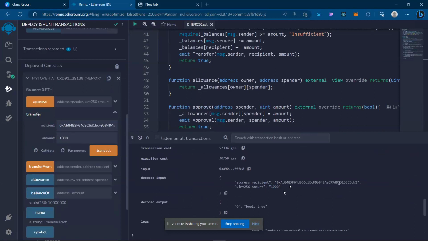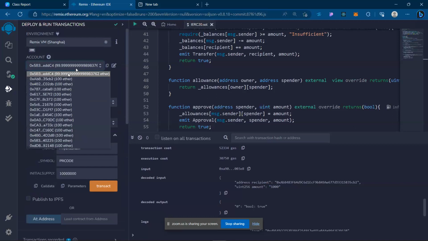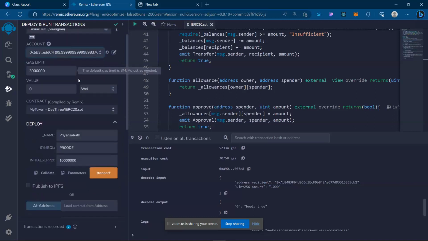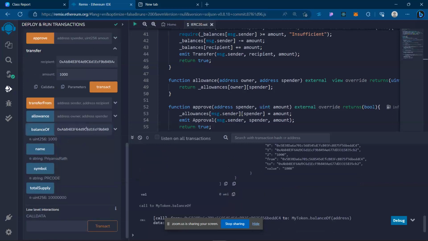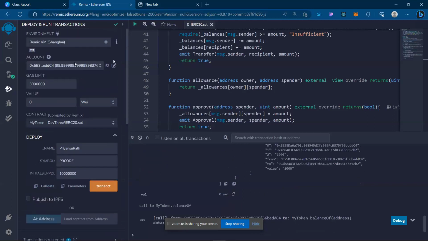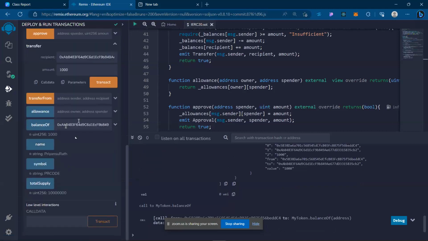अब हम क्या करेंगे? अभी हमको देखना है एड्रेस A. एड्रेस ये है, एड्रेस A का देखते हैं. Let's check the balance that it has. Balance, this is address B, my bad. I need to check the balance of address A. Address A has